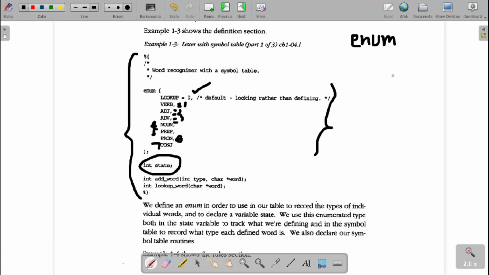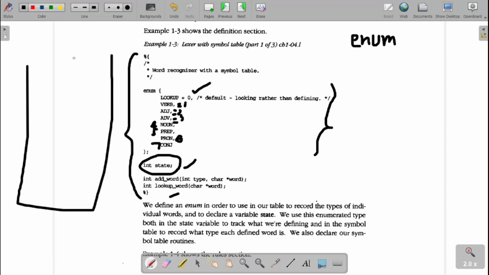Now I come across two different functions over here: one is add word, and the other is lookup word. For these two functions, this is my symbol table. It is a memory area. Actually, I am storing it as a table, which is nothing but a linked list. In practical implementations, we go with a linked list because the size is not limited. If I go with a static array, I would have limited storage, so to avoid that we normally go with the concept of a linked list.